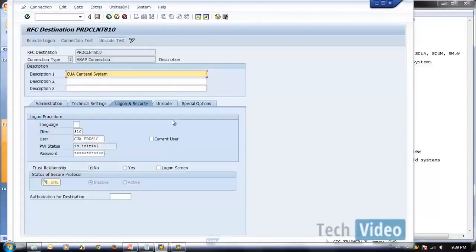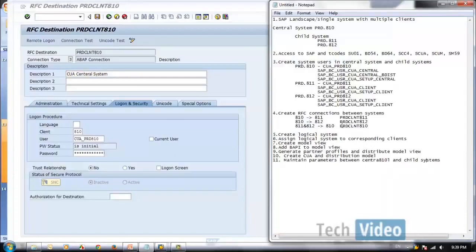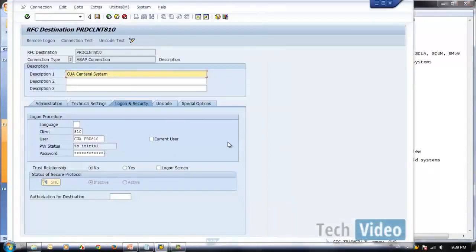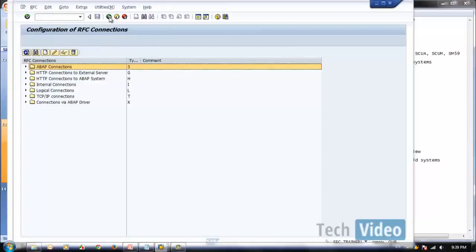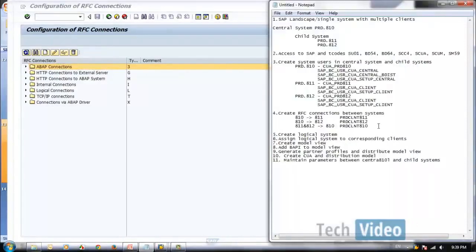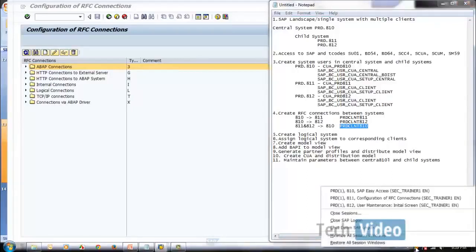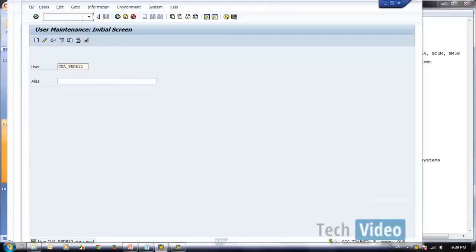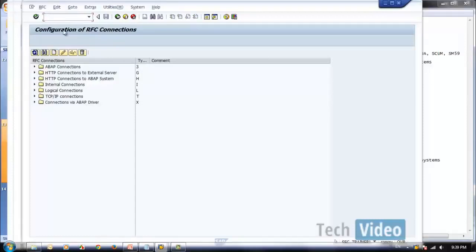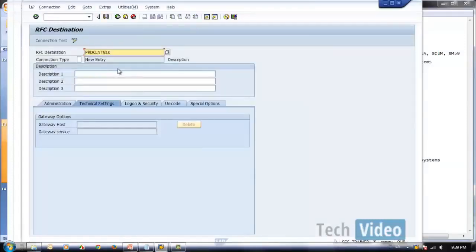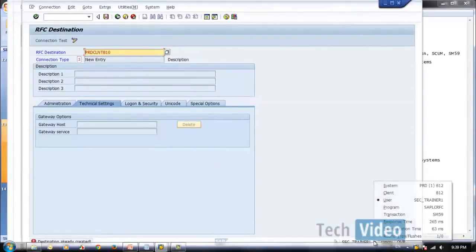Okay, now here you do not need to create it twice, because whenever you create an RFC, it is available for all the clients. Let's say you go to 812 and try to create again /NSM59, create, and let's say destination is already created, we are in client 812.